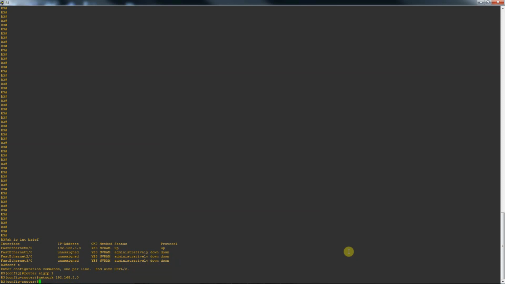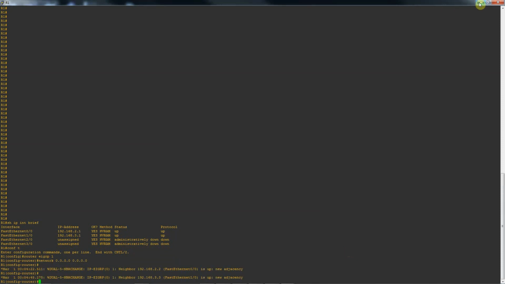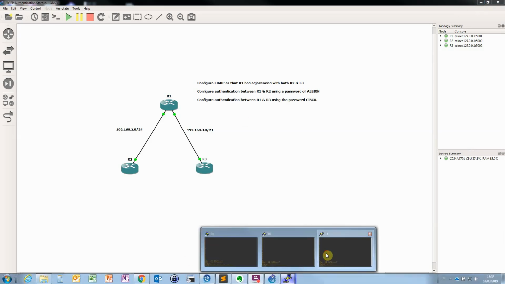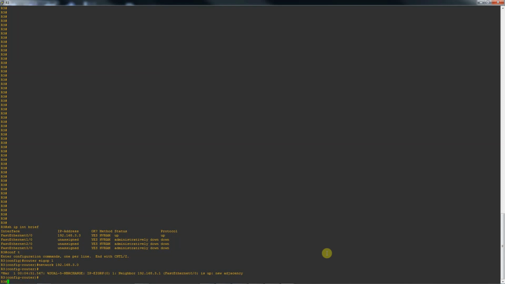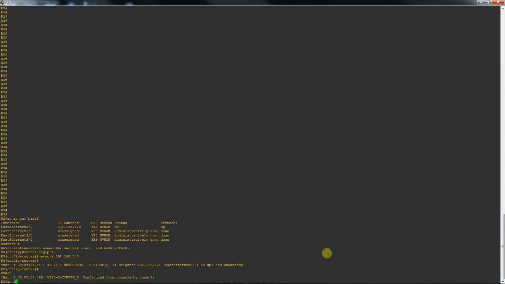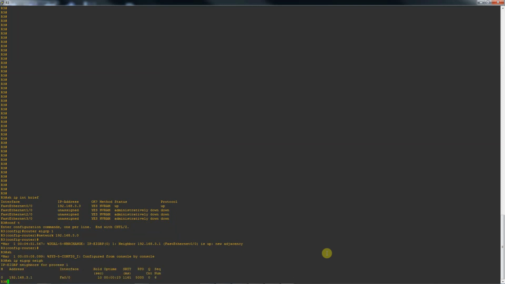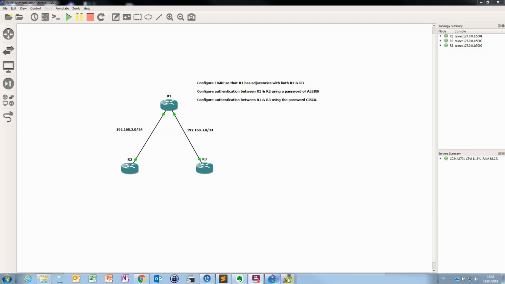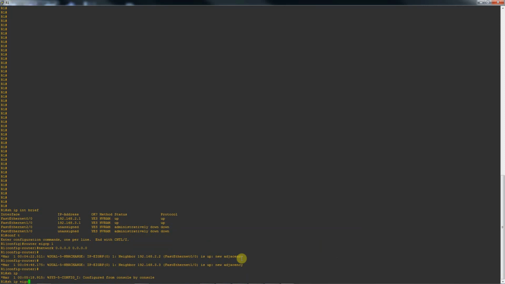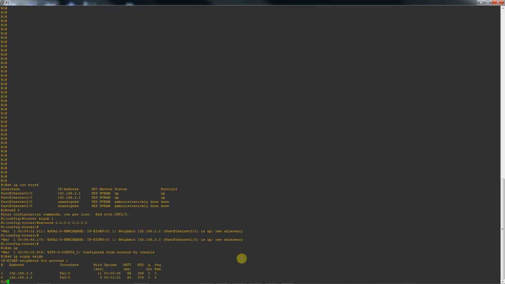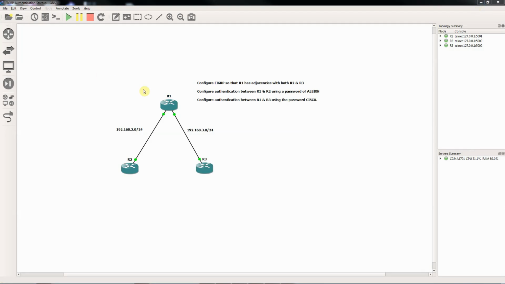So there's that one. What we should see is the adjacencies form. Yep, okay. There we go. Let's just have a quick look and see what we can see. Yep, so he's got a relationship. The easiest way to actually take a look at it is over on router 1, and you see both adjacencies are formed there. Okay. Right, so now that we've got all these guys talking to each other,